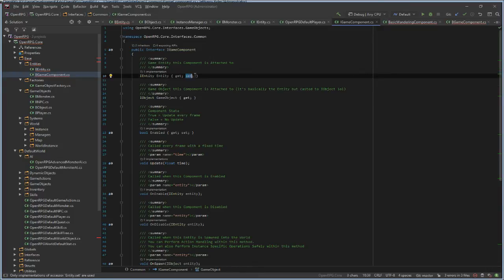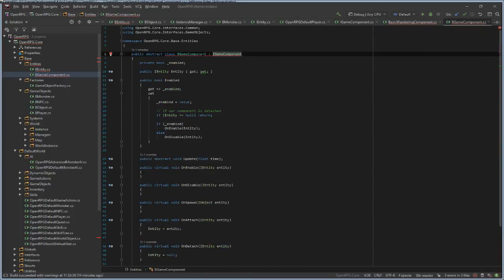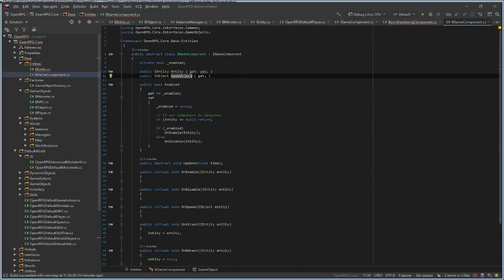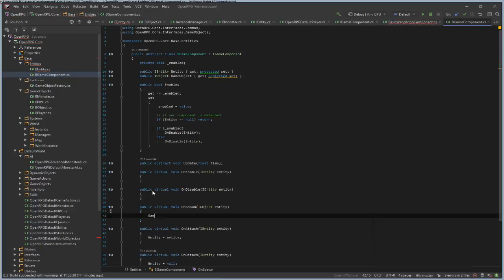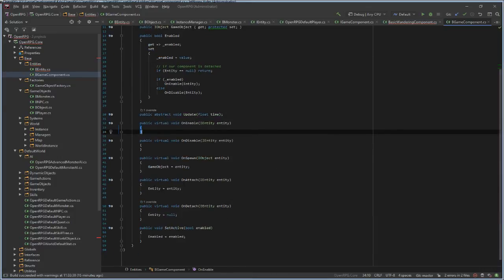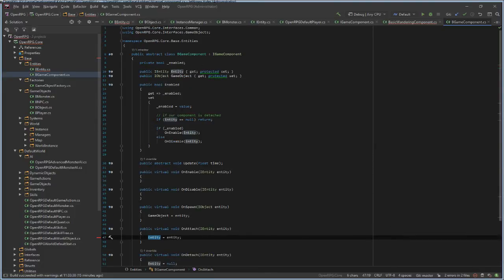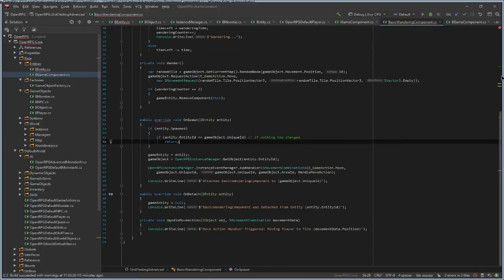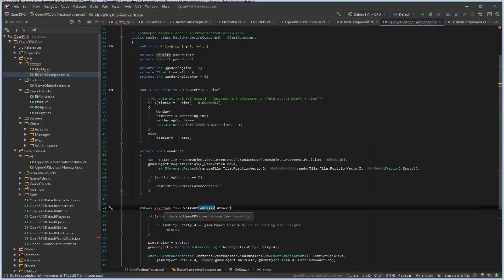Remove these methods and go back here. Initialize from constructor, no. Protected set, game object equals entity. Great. On attach. Awesome. This looks much better than having all the logic here. IObject.